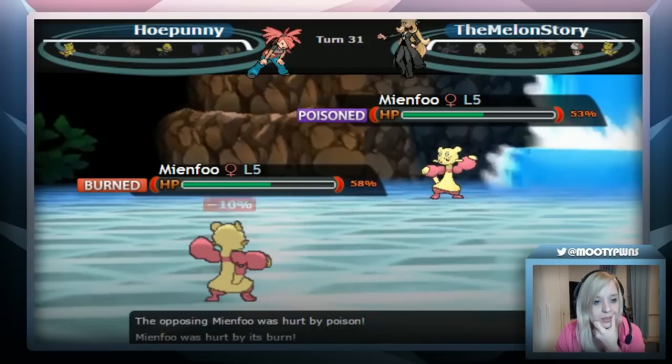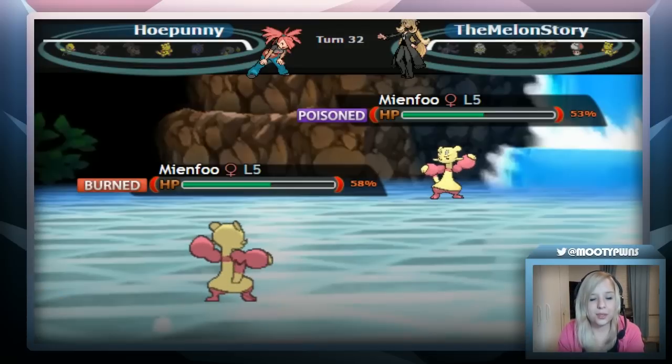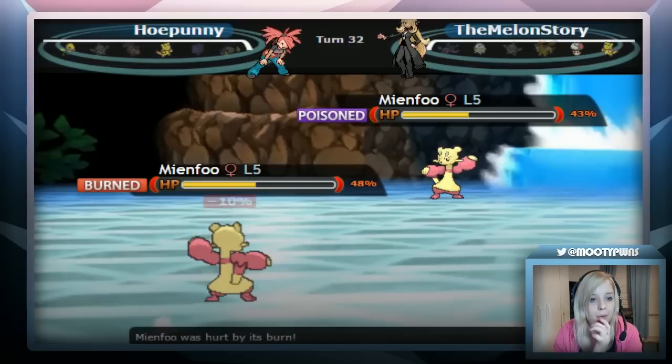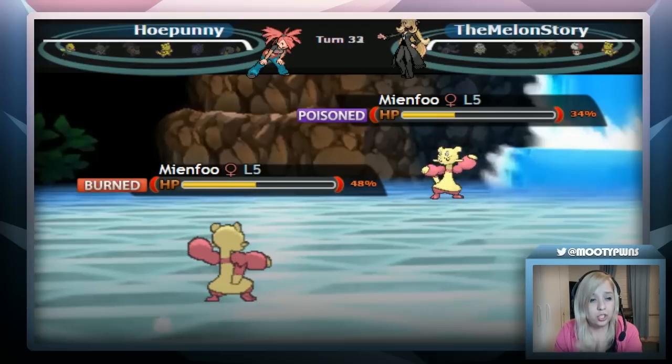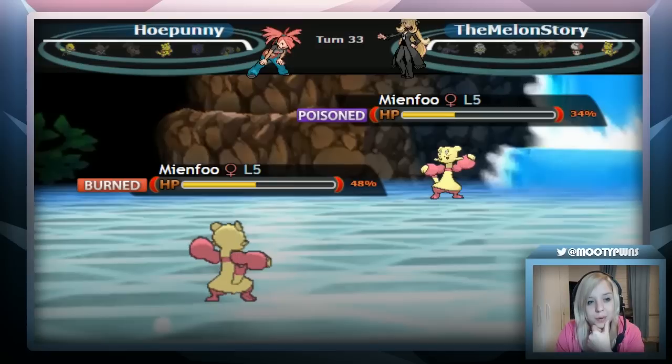There really wasn't much else I could do, honestly. I could Fake Out. He can go into something like Ferroseed. Well, he's not really going to want to go with Ferroseed because even though I am burnt, he doesn't want me to get health back. I still have the ability of getting some health back from Regenerator. But the best thing I could go for right now is Drain Punch. But with me being burnt, it's definitely not going to do enough. I can only hope that